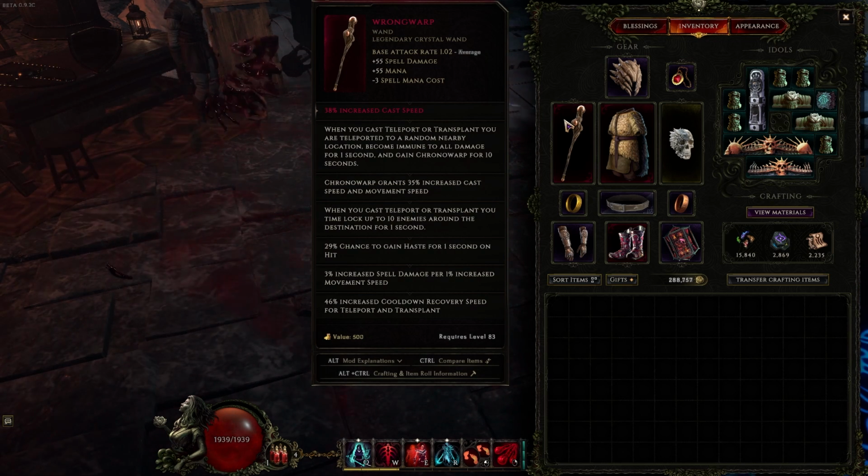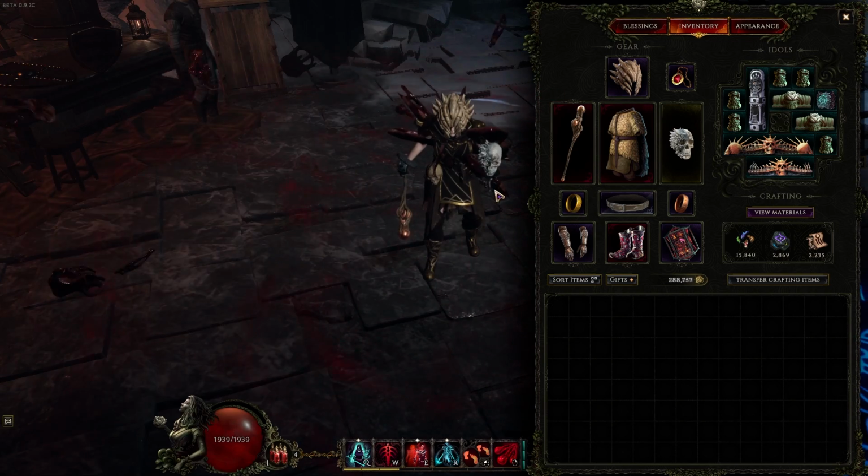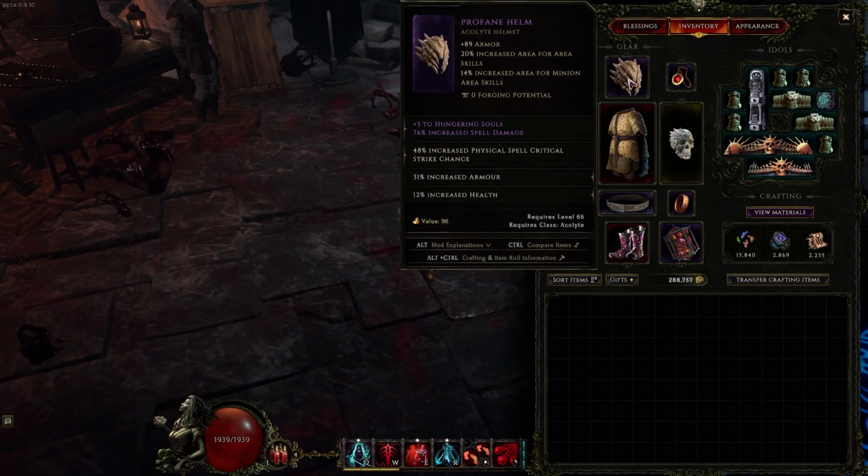A wrong warp itself is plenty good, because yeah, wrong warp. Then of course our helmet here, which is crit chance, spell damage, health. Eventually, you'd want cooldown recovery speed, but area is pretty good too because it makes up